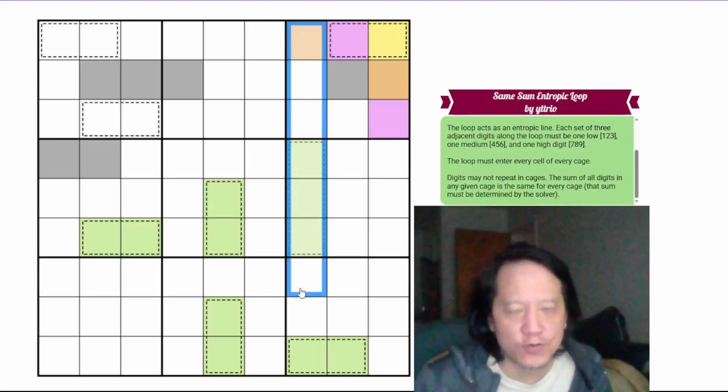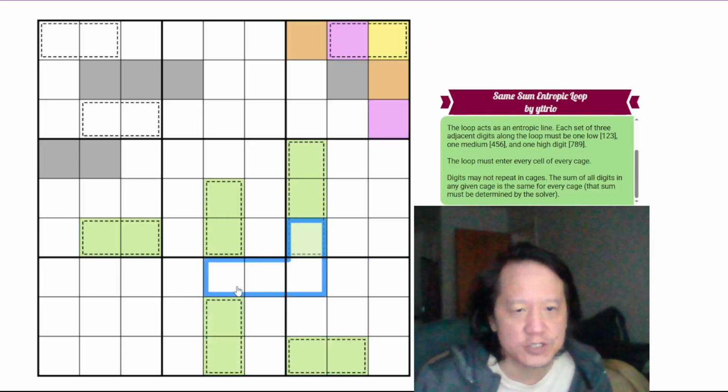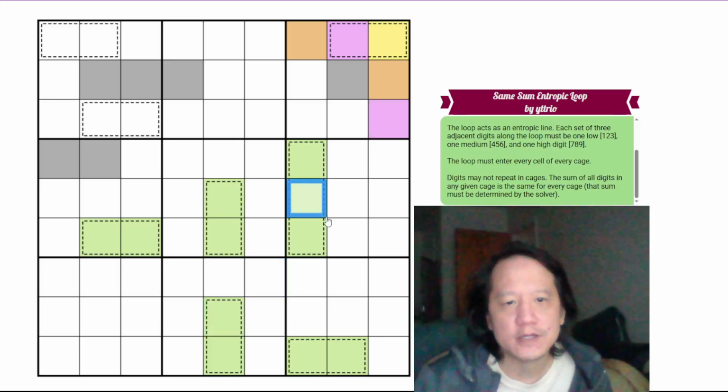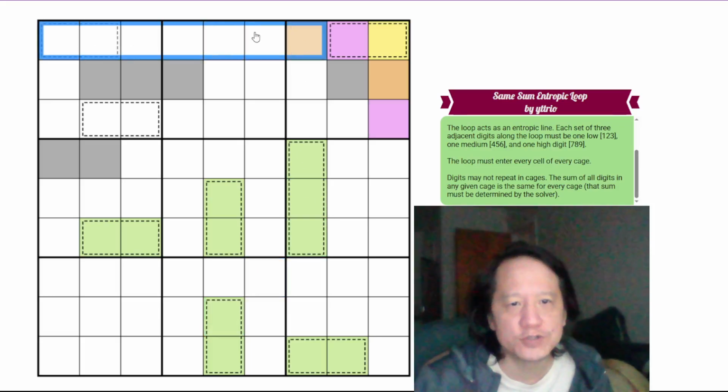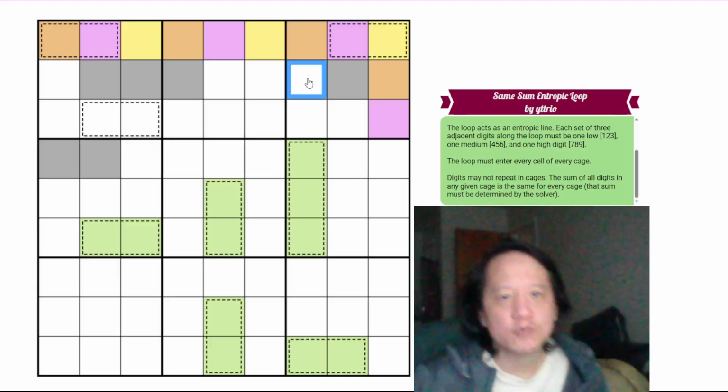It cannot go further this way, because if it tried going that way, this part has to go out here. It goes out here, but then this would touch itself on the loop, and that's not allowed. So it goes either this way, straight. So it'd be yellow, pink, orange, yellow, pink, orange, yellow, pink, orange, yellow. So in that case, it would be yellow, pink, orange, yellow, pink, orange. Or it goes this way, in which case it would be